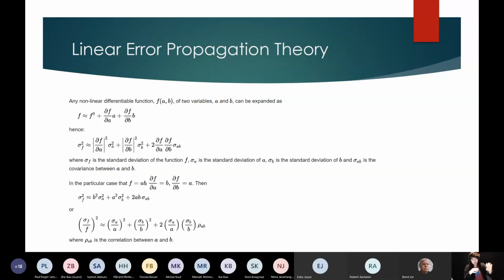If you have a number, x plus or minus y or a plus or minus b, you can think about that as being a normal approximation. And what you can do then is use a Taylor series expansion of a function to figure out that if a is normally distributed and b is normally distributed, then f of a, b, if it was normally distributed, what would its approximation be?